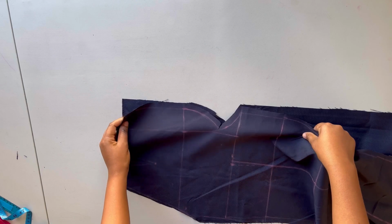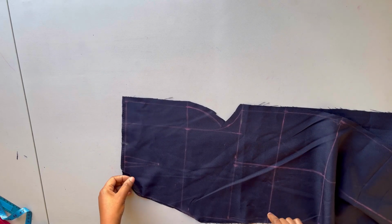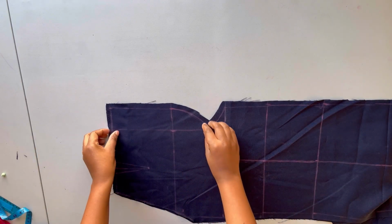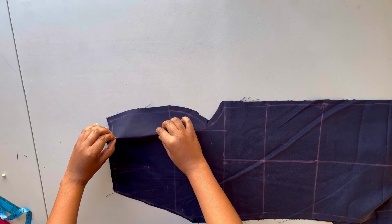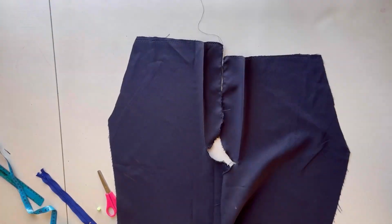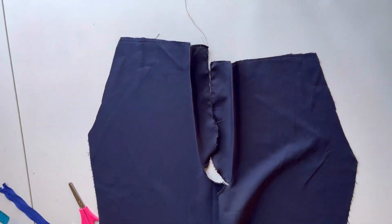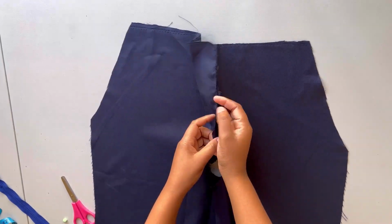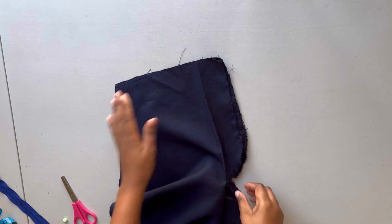And now I'll start off by sewing the front part of my pants. So I'm just gonna align everything here together like so. And then what I prefer doing is I'm just gonna iron this so I can get the crease lines. As you can see, I have now the crease lines right there. So what I will do now is I'm just gonna hold this like this,